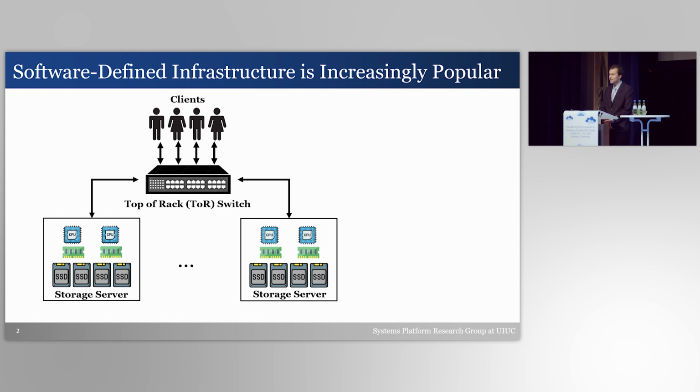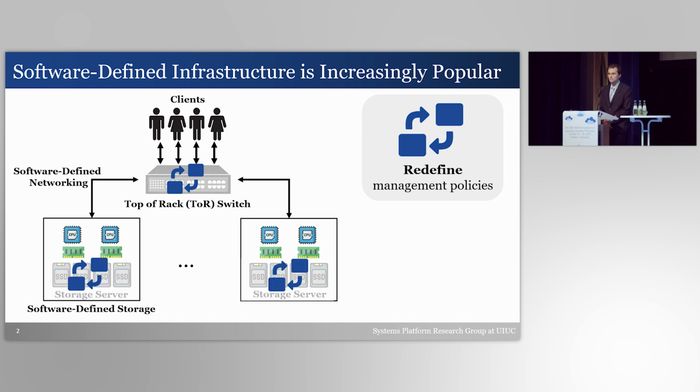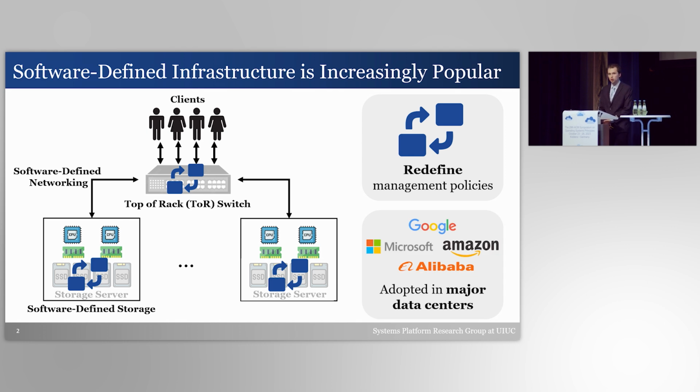Software-defined infrastructure is becoming increasingly popular in modern data centers. With software-defined infrastructure, data center operators have the flexibility to redefine their management policies to quickly adapt them to their specific data center needs. Software-defined networking, an early example of software-defined infrastructure, allows network operators to deploy new network protocols and reconfigure their network resources using programmable switches. Similarly, software-defined storage enables the upper-level software to directly manage the low-level storage chips and reconfigure their storage management. Due to these benefits, software-defined infrastructure has become a backbone in modern data center management and has been adopted in